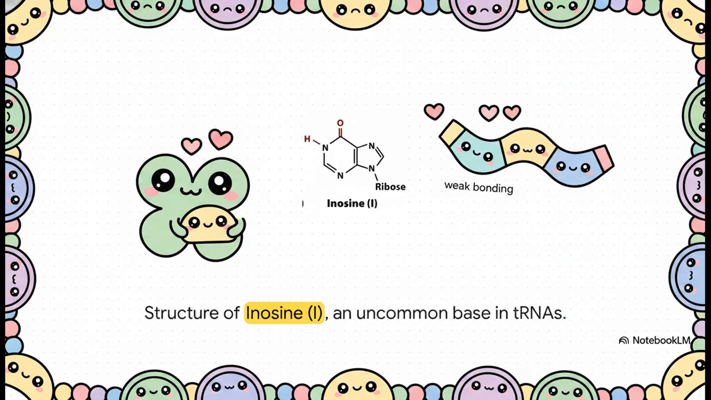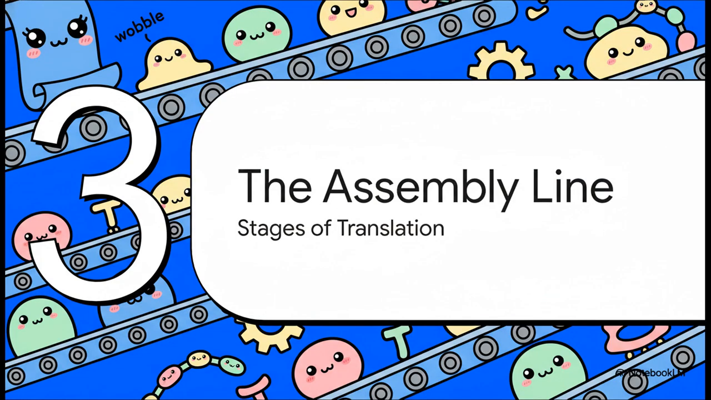So if it sits at that wobble position, it basically acts like a skeleton key, pairing loosely with uracil, cytosine, or adenine on the mRNA. This is exactly how a single tRNA anticodon can successfully read 3 totally distinct codons. All right, with the blueprint and the wobble sorted out, let's watch this factory power up in section 3, the